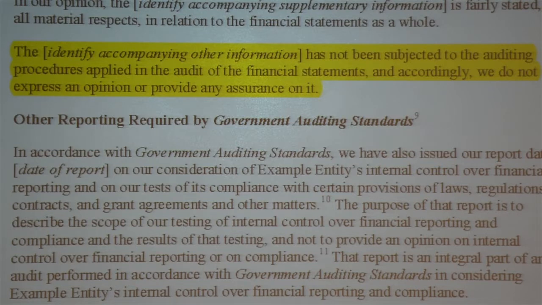So the point we have with it is just this. Other information, primarily in my mind, came down to the schedule of prior audit findings and the inclusion of all that extra stuff that HUD now requires in that schedule. To me, that made this schedule other information. In the past, it only was your prior audit. We were only including your prior audit findings. So, look, that was fine. They were your prior audit findings. But now we're including your prior audit findings and the client's representation of this other data.